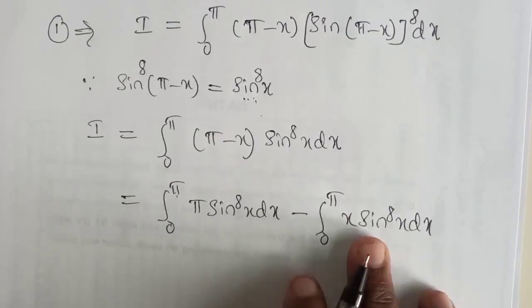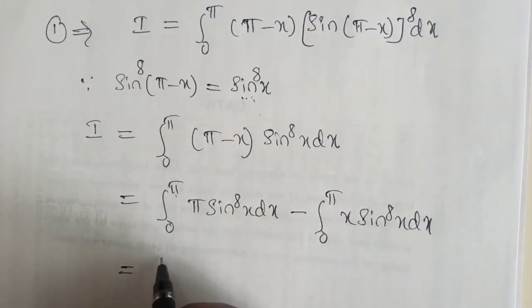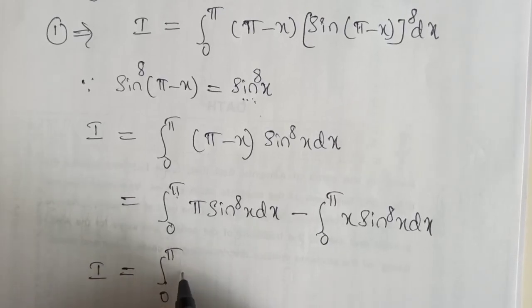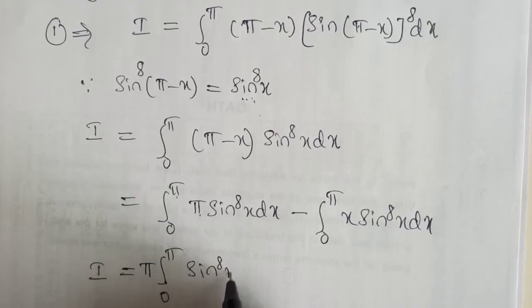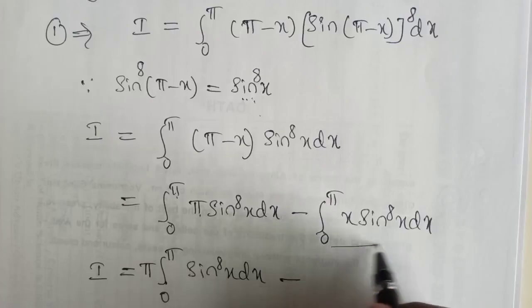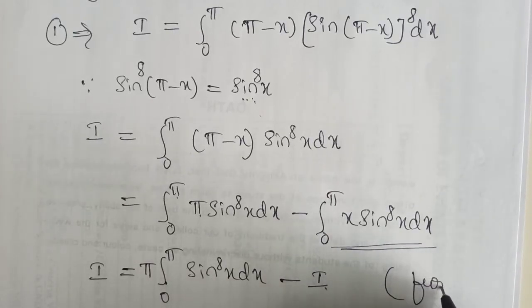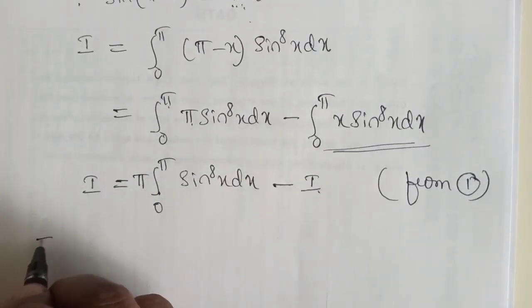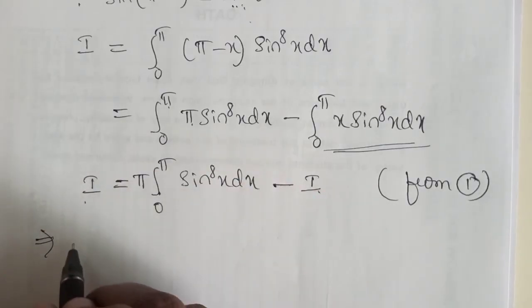Now by equation 1, that is the given integral, this can be replaced by I. So I equals pi times integration 0 to pi sine power 8x dx minus I. Then taking this I to the left side we get I plus I is equals to